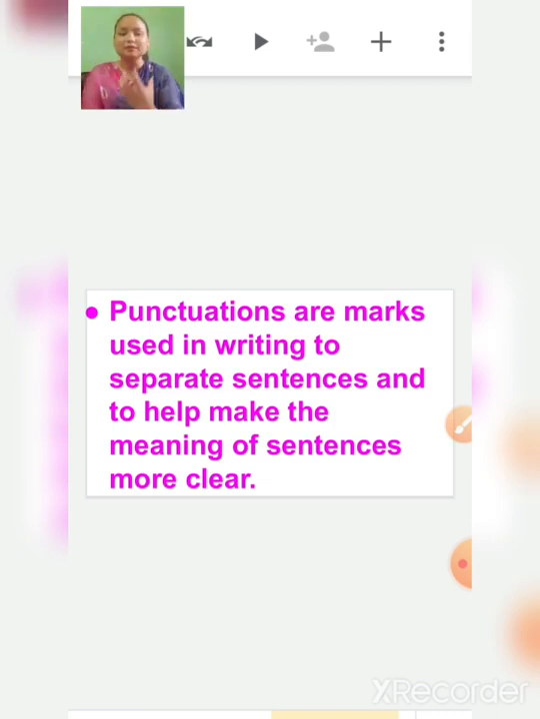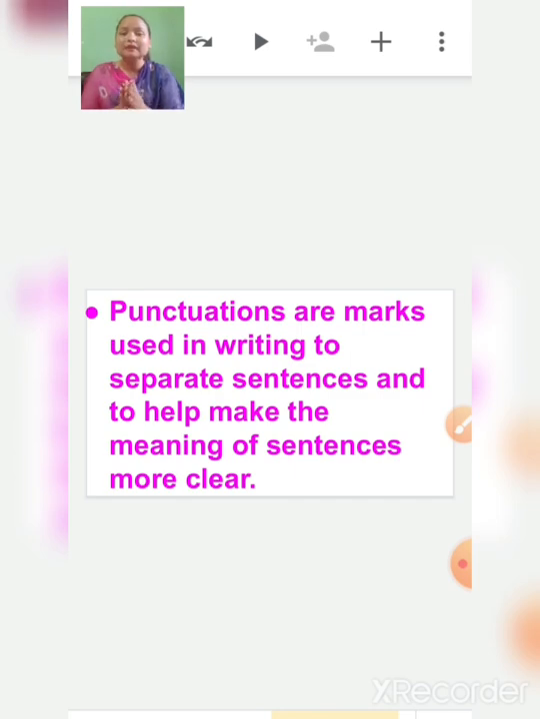Now while I'm speaking, I don't say comma or full stop. When we speak, when we do communication, when we do conversation, we don't use comma, full stop, question mark there. Punctuation marks and symbols we use while we write. So punctuations are marks used in writing to separate sentences,